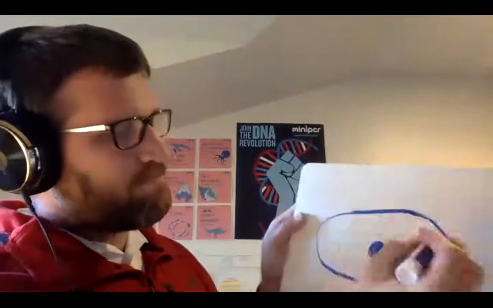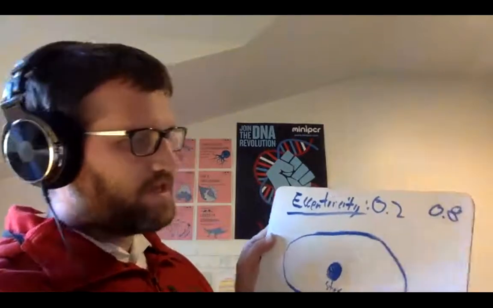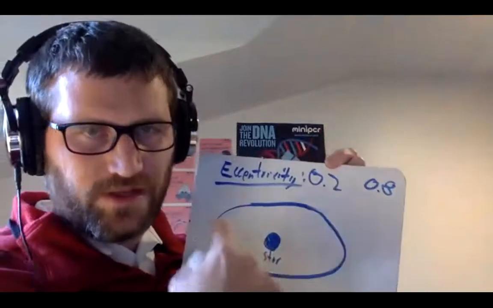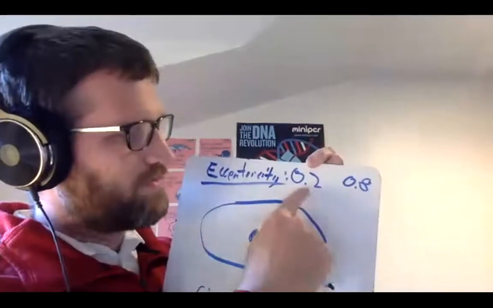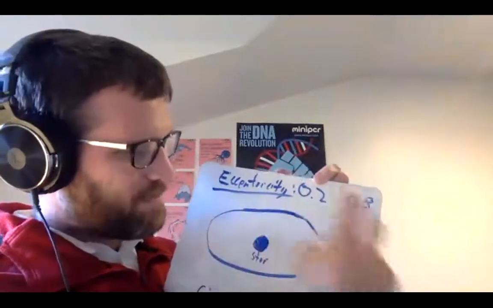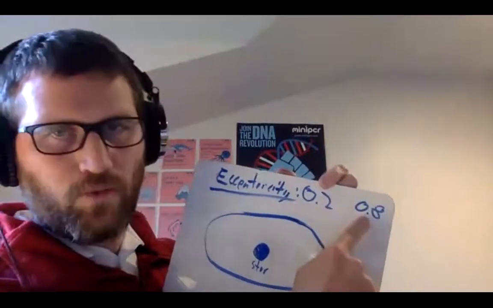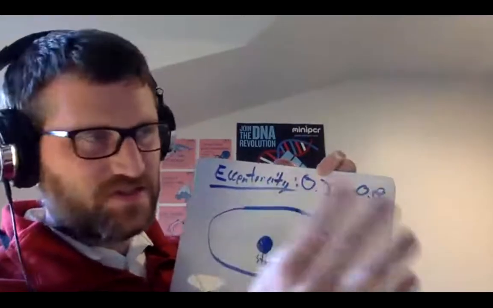And so there's a way of actually measuring how round an ellipse is, and we call that the eccentricity. Eccentricity is just a small number. It's like 0.2, or it might be like 0.8. But the point is that the closer to 0 eccentricity is, the more circular your ellipse is. So a very circular ellipse would have a low eccentricity. A very elliptical ellipse, so like the one I have drawn here, really flattened, would have a very high eccentricity, like closer to 1. And you're going to see how to calculate that. It's just a simple ratio of two different measurements that you take.